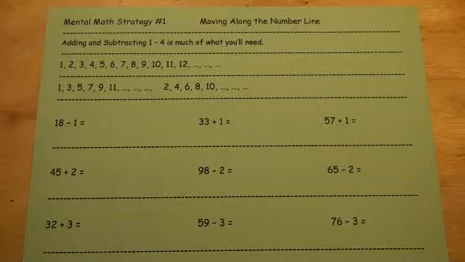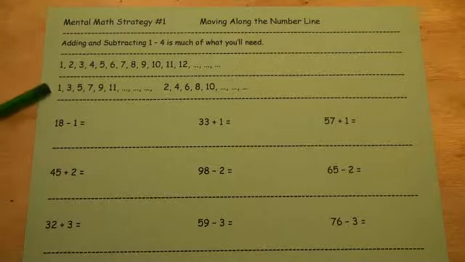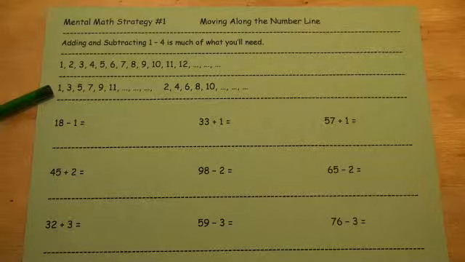Same thing with working with the odd numbers. Notice the odd numbers are separated by 2. Okay, that's very key. Because now we can say that 3 plus 2 is 5, and then 5 minus 2 is 3, because you're moving along the number line by 2. So odd numbers are 1, 3, 5, 7, 9. 9, 7, 5, 3, 1. 1, 3, 5, 7, 9. 9, 7, 5, 3, 1, and say this out loud so you can really get comfortable with the number line and adding and subtracting